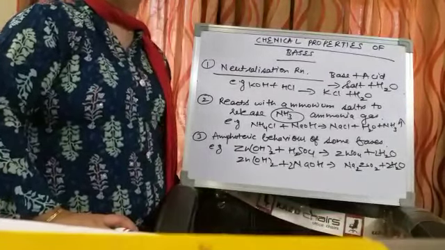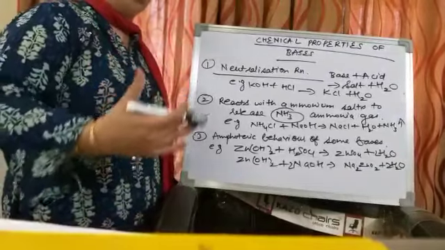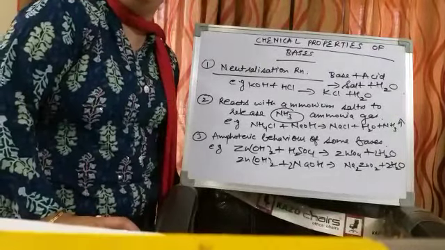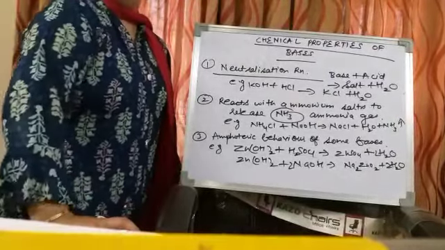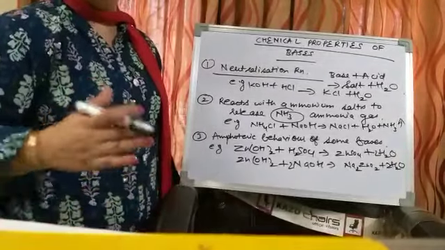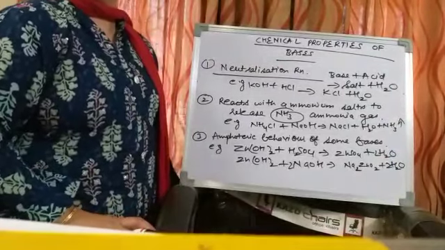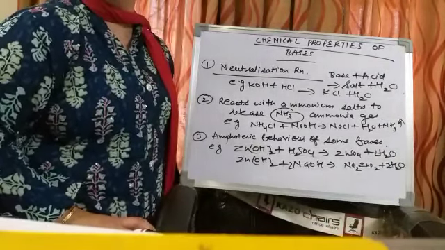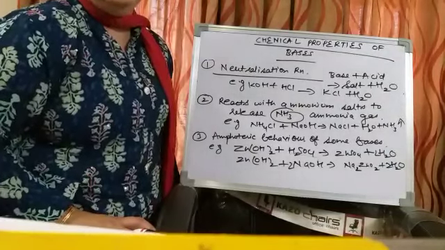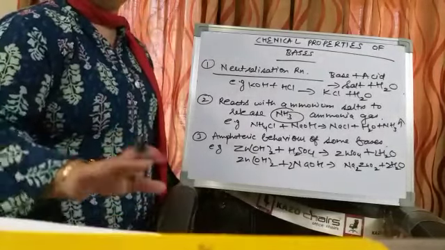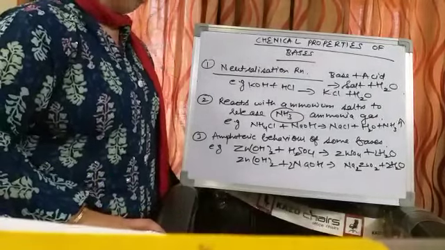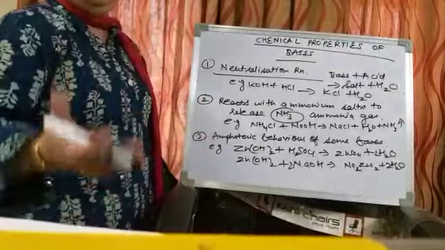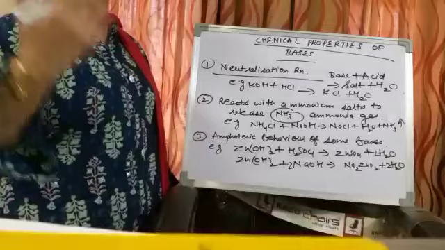Here I would like to discuss what the observation will be when we add a base to phenolphthalein or to methyl orange. Phenolphthalein is colorless, in your syllabus it's the colorless phenolphthalein. But when it reacts with a base or an alkali, it turns its color into dark pink, or we can say purple. So that is also a test of base, and with acid there is no impact on phenolphthalein. And red litmus changes to blue in case of bases, and acid turns blue litmus to red, whether you are using paper or solution.